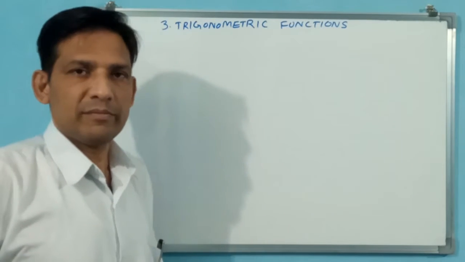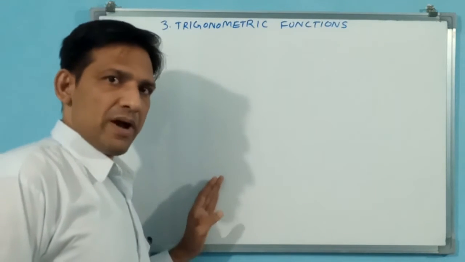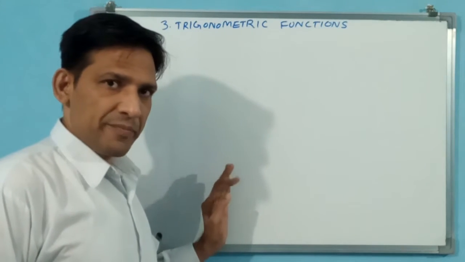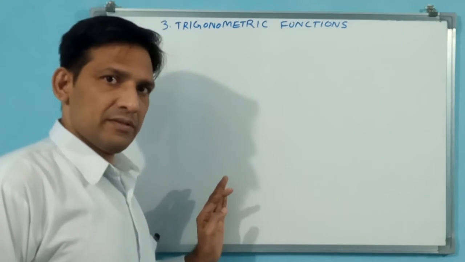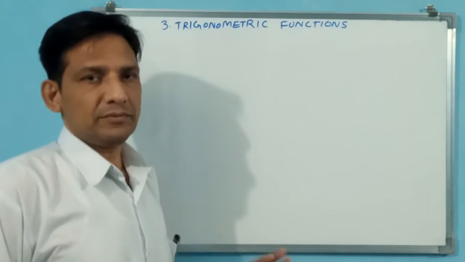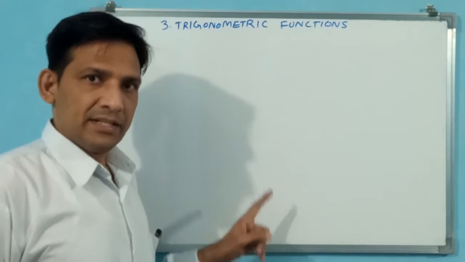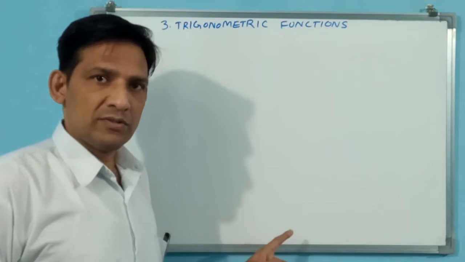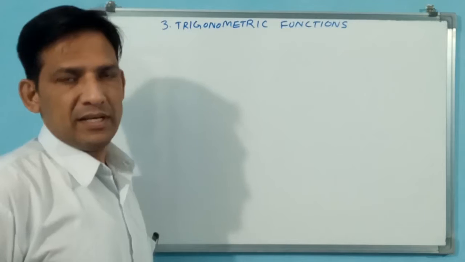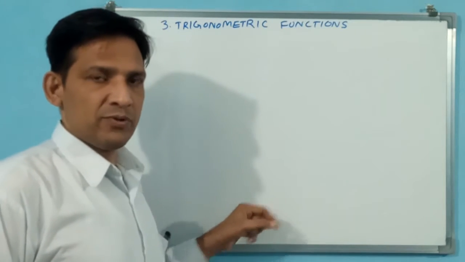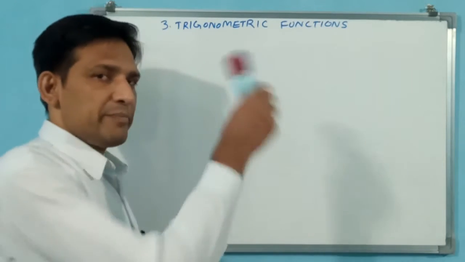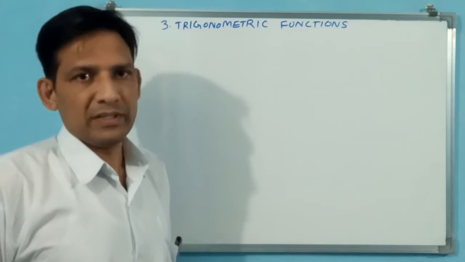What is a function normally? A function means from a domain, a range or codomain will be there. From the domain, every element should have a relation with an element in the codomain, and each element should have only one output, a single output we can say. That means if you give one input, two outputs should not come. Two outputs means that is not going to be called a function, and ultimately that is not called a trigonometric function.